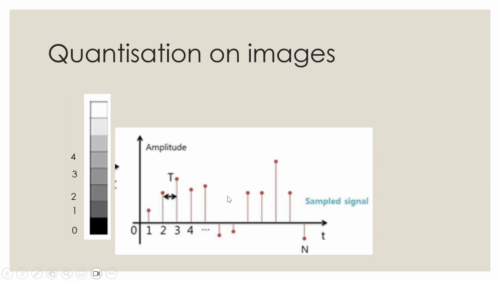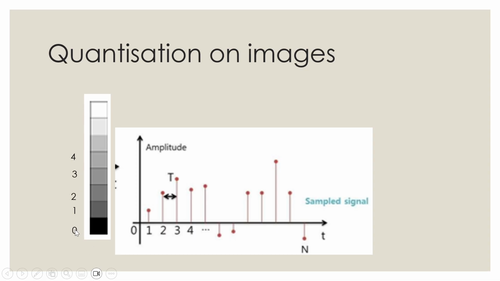For example, in this case, we can get some values between 0 and 1. All the values ranging from 0 to 1 will be quantized to 0. All the values ranging from 1 to 2, if more than 1.5, are quantized to 2, or otherwise quantized to 1, based upon the threshold value which we are giving here. All these values 0, 1, 2, 3, 4 are called the levels.